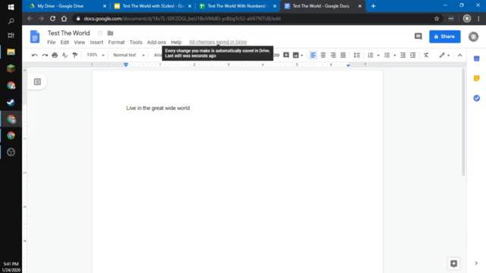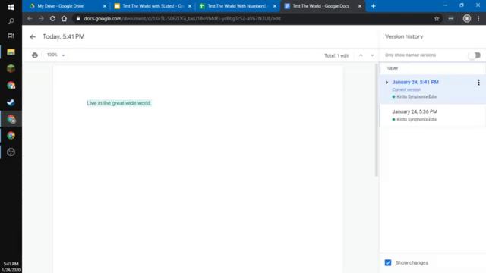So what I'm gonna do is on the top, click all changes saved to Drive, give it a second, and it'll give you a version history. You can see my current document, but if you look on the left hand side, it'll say today, or whatever, January 24th, 5:41 p.m. Current version. January 24th, 5:36 p.m. Just a few minutes earlier. And you'll see,